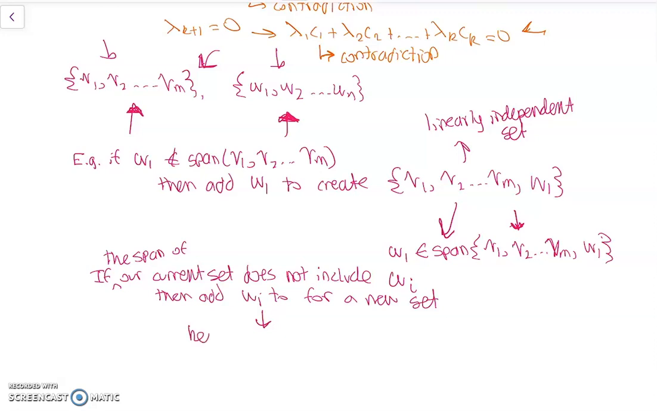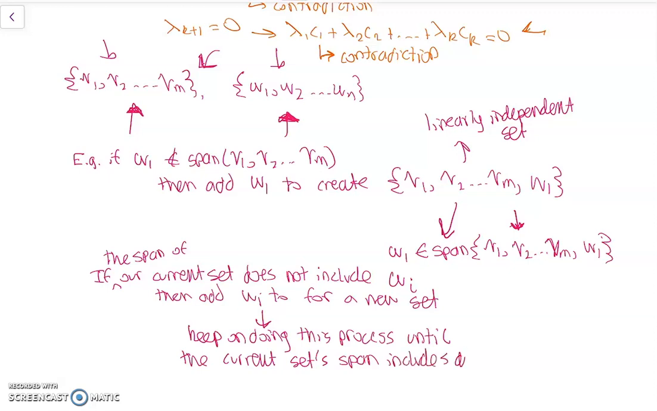So keep on doing this process until the current set span includes all of the wi's. And this is possible because